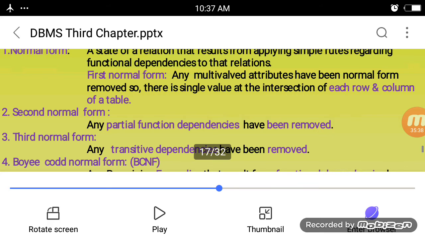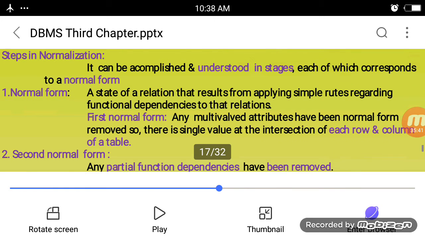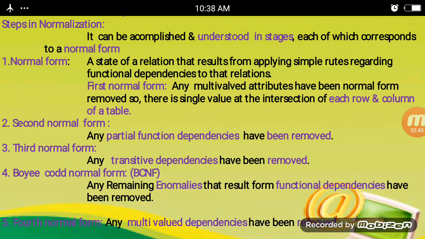In this first normal form, a state of a relation results from applying simple rules regarding functional dependency to that relation.